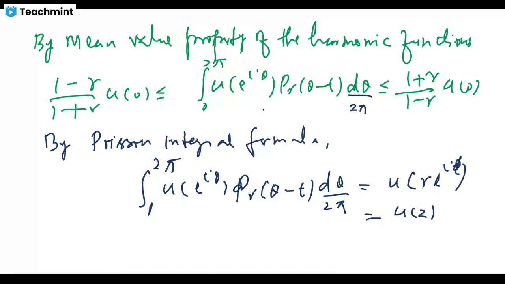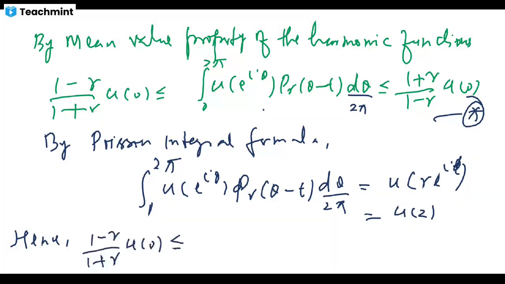Hence, we have this thing, and substituting this value in the inequality here in star, I have (1 minus r) upon (1 plus r) u at 0 less than or equal to u at z, and z is re^{it}. t is a dummy variable. You may replace it with re^{i theta} as I had used this term theta in the beginning. So it is u(z) less than or equal to (1 plus r) upon (1 minus r) u(0). So this is all about